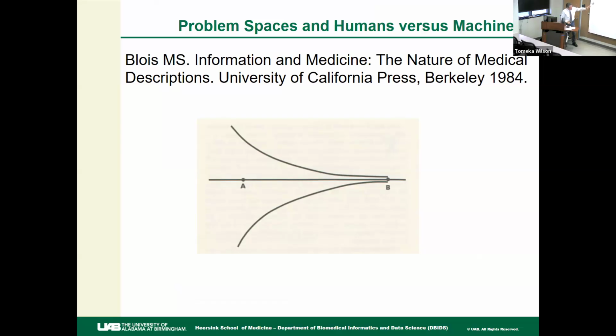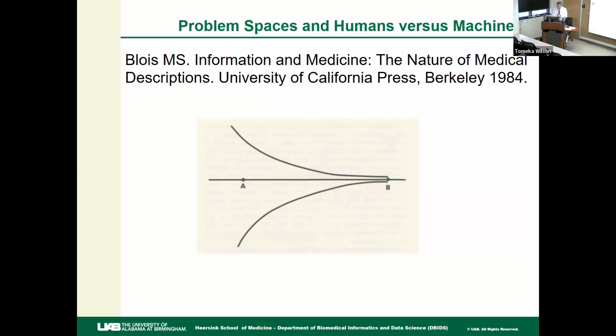over here on the right is sort of where you start when you see a patient. The patient comes in and says, oh, my knees are hurting and I have a fever and I have this rash. And so there's the question, what could this be? Is it infectious? Is it cancer? Is it rheumatologic? You've got this broad problem space, and then eventually you start doing tests, you narrow down, and go, oh, this is clearly an infectious disease. What are the infectious diseases that give you rash, joint pain, fever, and you start to narrow it down.